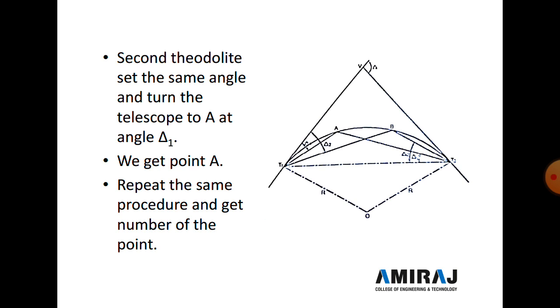Similarly, for the second angle, VT1B and BT2T1, both the angles are the same, and the intersecting point of T1B and T2B is the B point. So mark this point with a wooden peg or arrow. Similarly, take all these two to three points, join all the points and draw the line. So we get a simple circular curve.